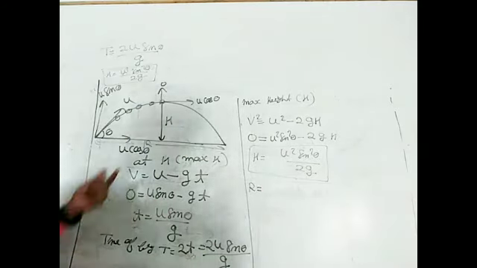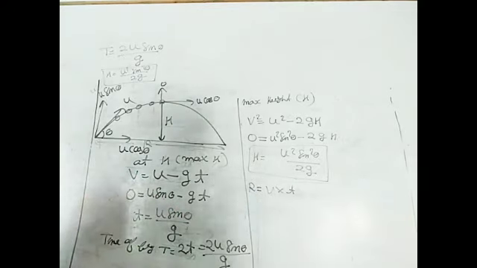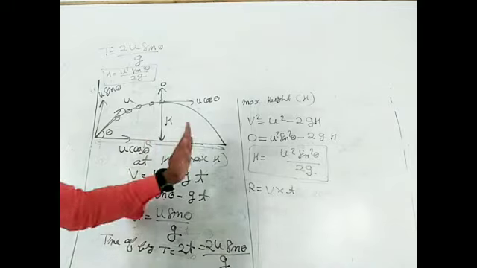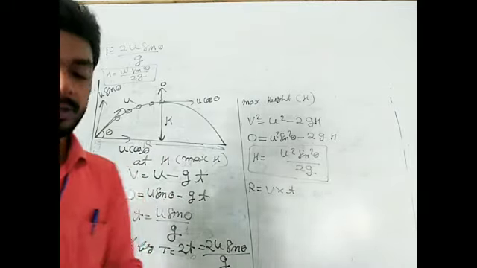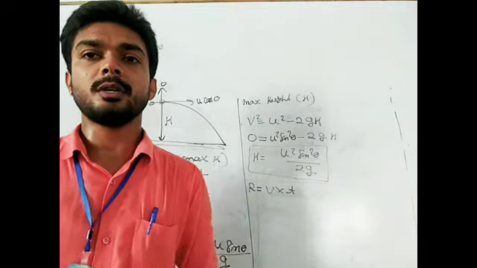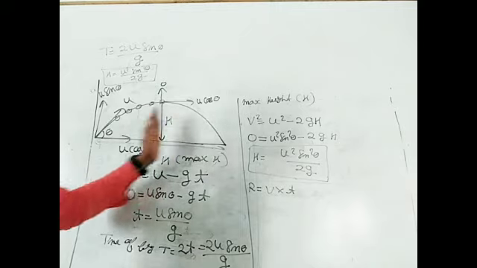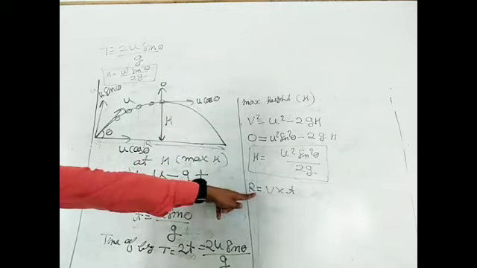Horizontal distance is equal to velocity into time. Since in the horizontal direction there is no acceleration, we are not using the equation of motion. Equation of motion is only used for accelerated motion. In this case, in the horizontal direction there is no acceleration or retardation, hence we are using the direct formula